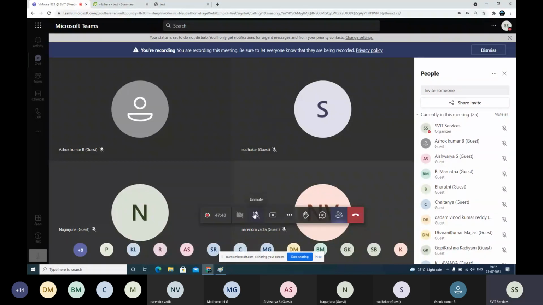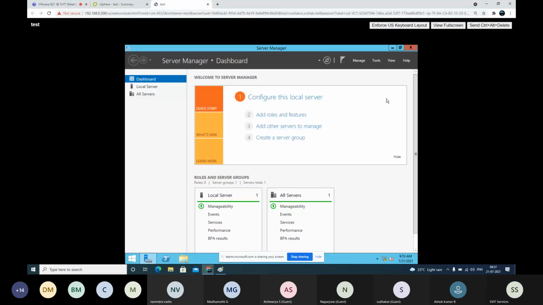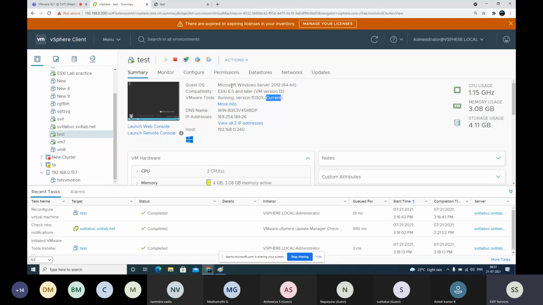Okay, so VMware Tools are up to date now. So this virtual machine will give better performance. If somebody is complaining about VM performance, the first thing we should check is VMware Tools. If a customer or application team complains that my VM is running slow, it's a common interview question as well.